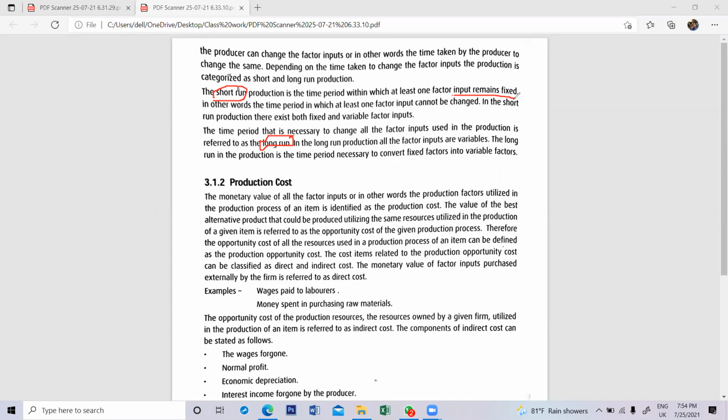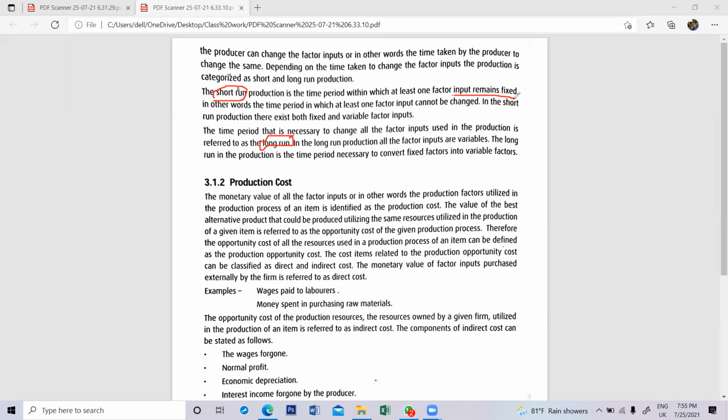Simply, everything is changed. Then we can't say specifically a time when the firm moves to the long run. I mean, we can't apply this to a calendar. We can't say exactly that within a month the firm will switch to a long run, or after 6 months the firm will switch to a long run.